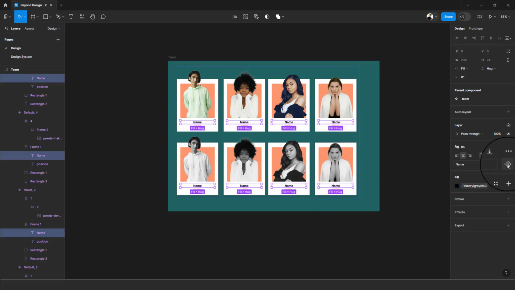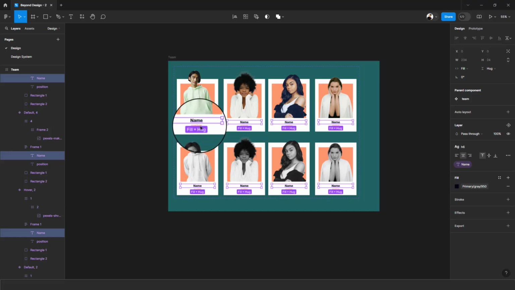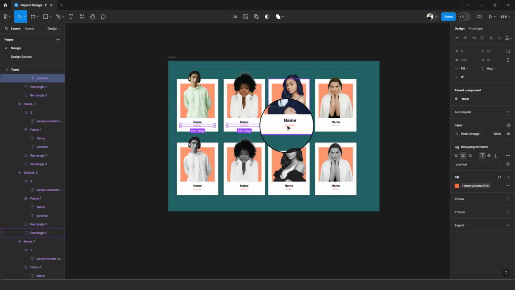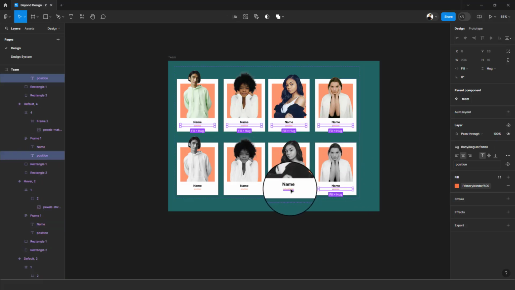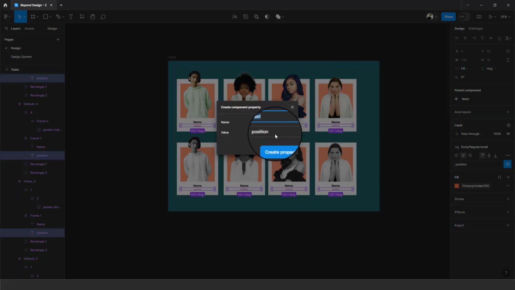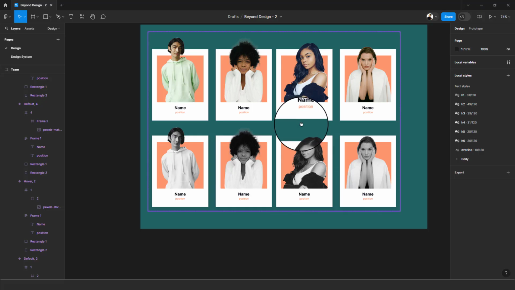And come to the create text property. We'll just call this name, and the value is going to be name. For the position, select all the positions. Come to, we'll have a text property, and we're going to create a property. And we're going to call this position. Create property. Great. Now that we have that working, the last thing we're going to do is to create a